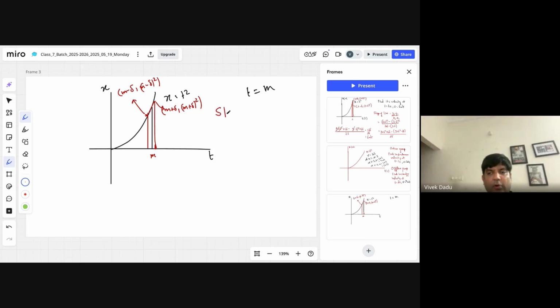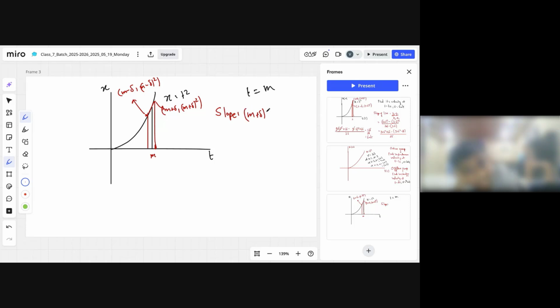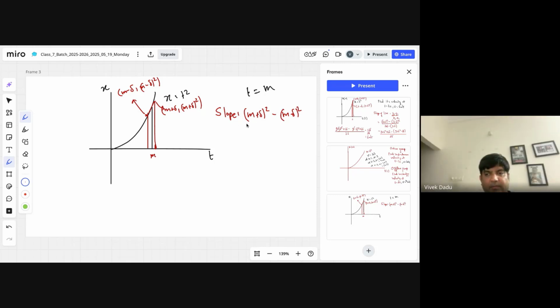So now slope will be equal to, y2 minus y1 upon